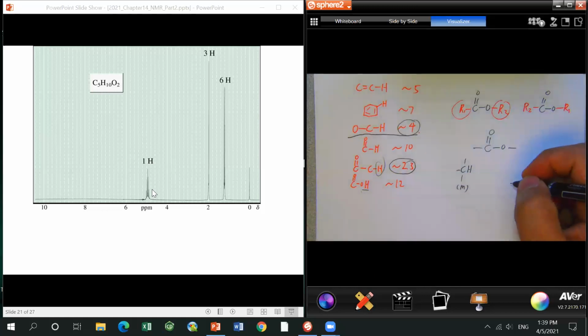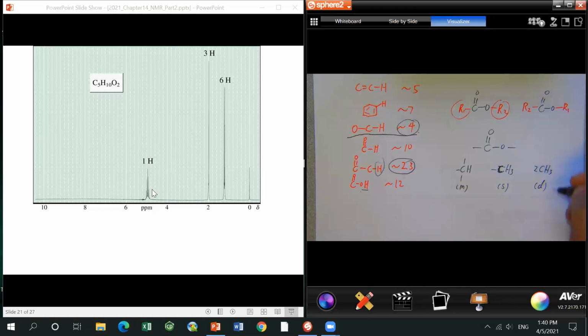Then there's CH3, three protons. Next, CH3, and this one is a singlet, a pretty interesting case, which means there is no neighboring hydrogen. In the following case we have six hydrogens, which means two CH3, and both of these CH3 are doublets, the same composition. Don't forget to add up all the hydrogen, carbon, and then oxygen